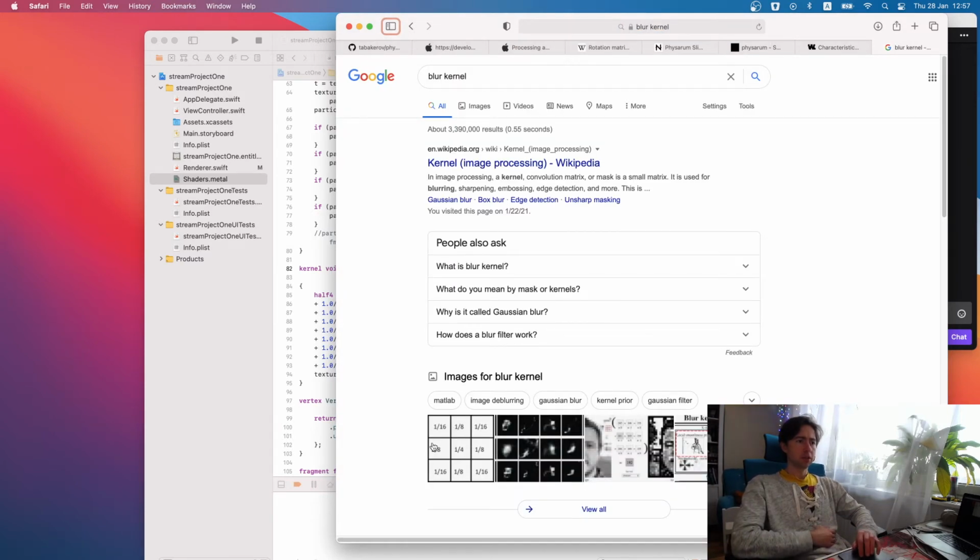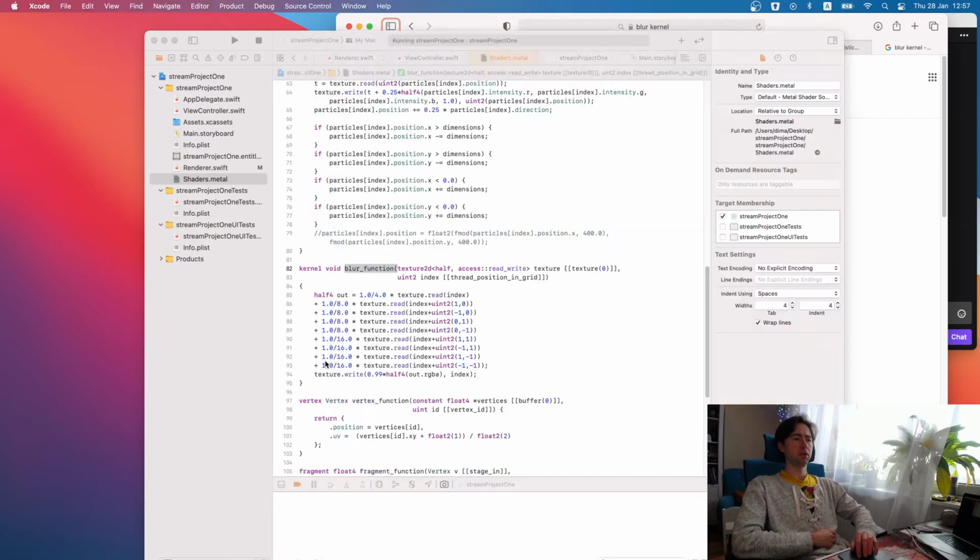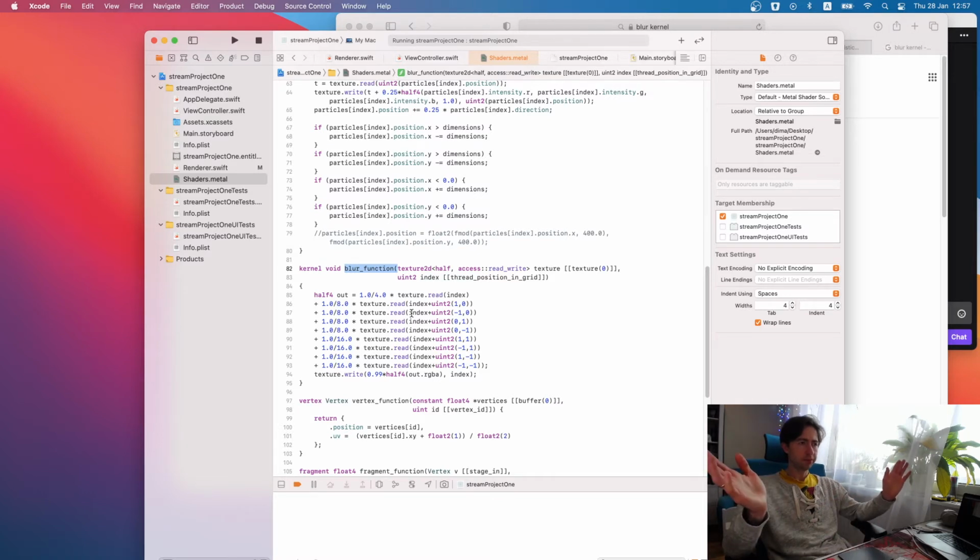It's a basic 3x3 kernel from image processing, nothing fancy. And I guess this function should be available as a library function from MetalKit or Metal library or something like this.